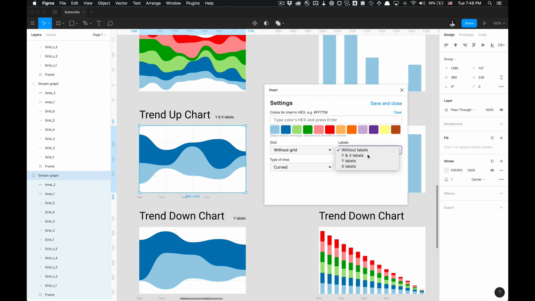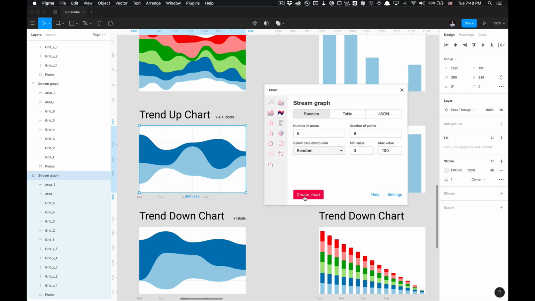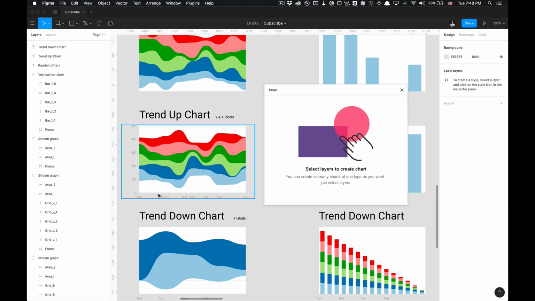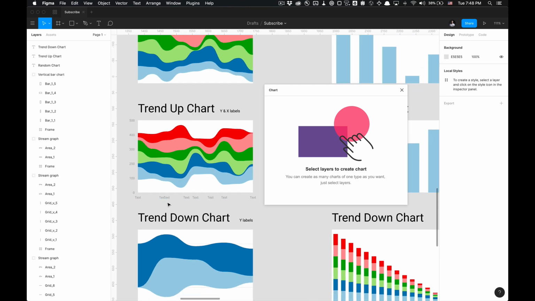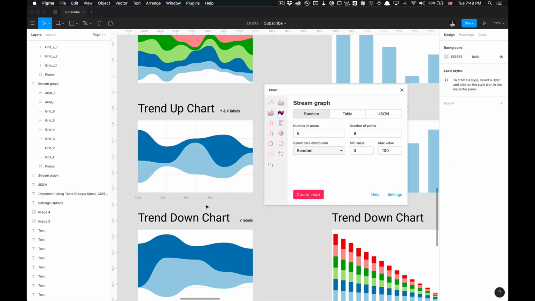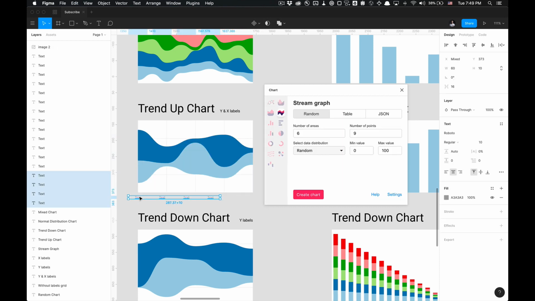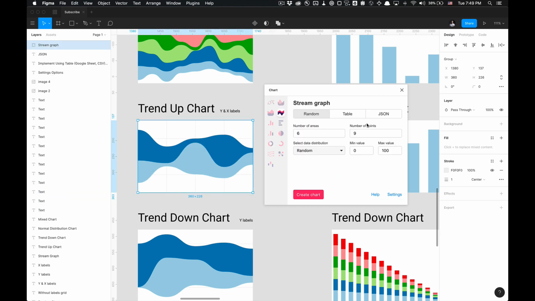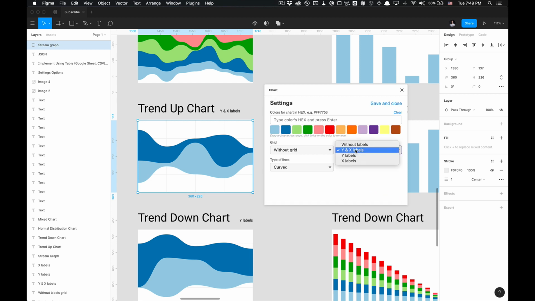So if we go to X and Y labels, Y and X labels, click Save and Close, and then click Create Chart, we'll get the input on the Y-axis and the X-axis. The reason this looks cluttered in the X-axis is because I did not remove the text from my previous chart that I created. So if I go here, go to Settings, I make sure I have my Y and X